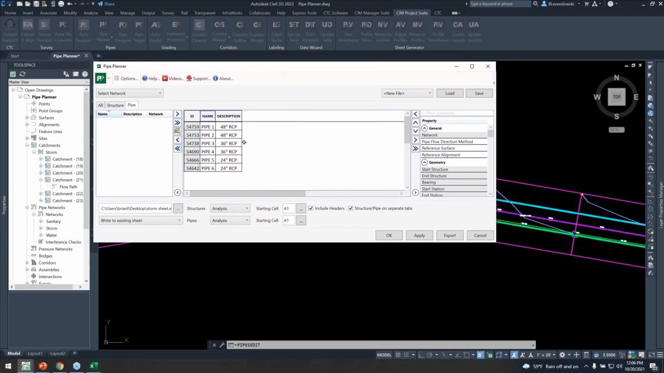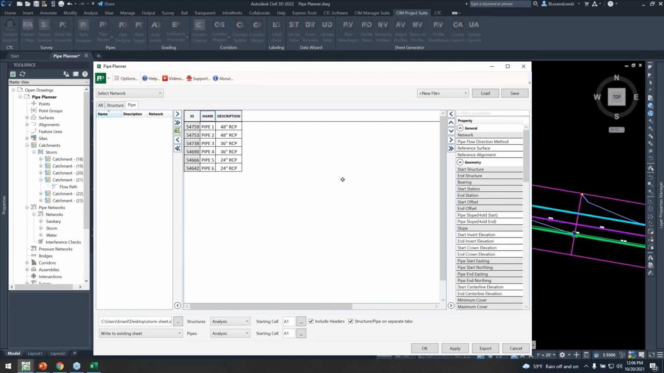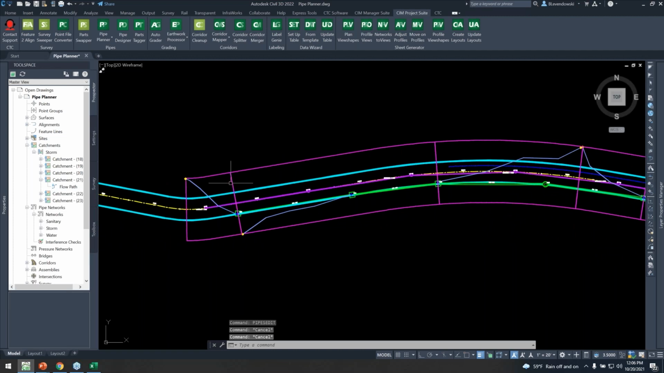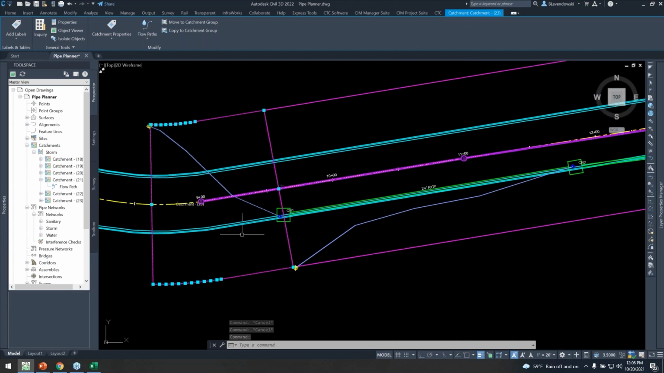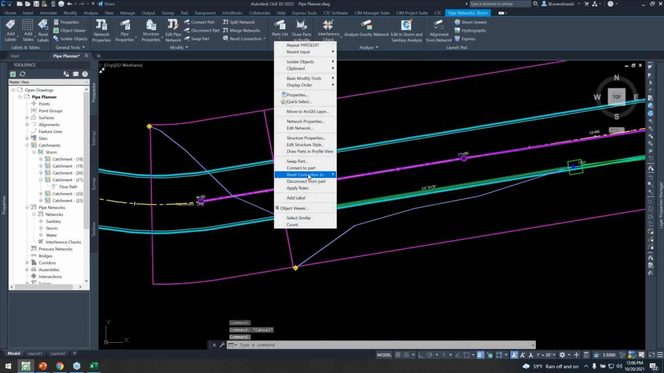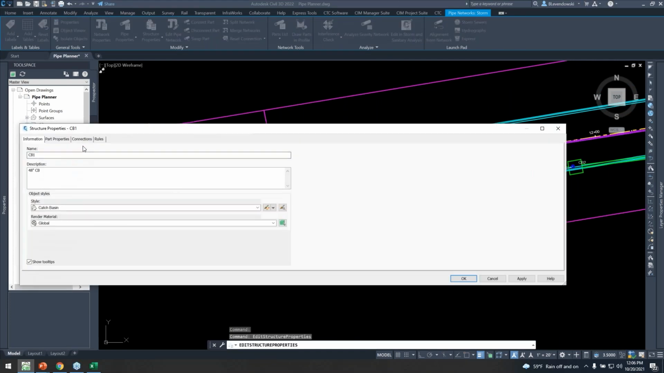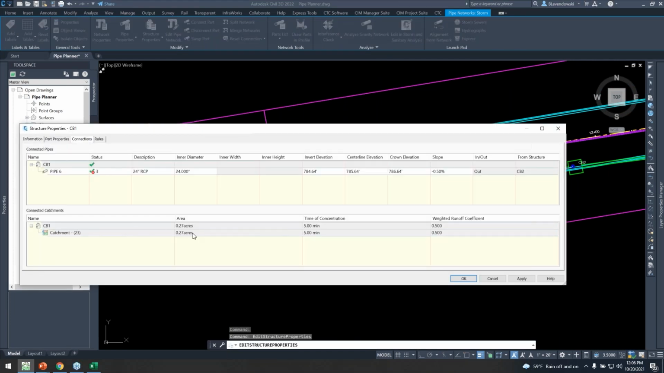Now what we're after is building a set of parameters that we can pull from our parts, export to Excel, run our analysis, and sync it back, okay? Now it's not just pipe data we're after because we've got runoff data in here as well. I've got catchments created, and they're assigned to a structure here. So if I look at the structure properties and connections, we'll see I've got a catchment assigned with a total area and a time of concentration and runoff coefficient. Okay, all that information needs to come with me into Excel